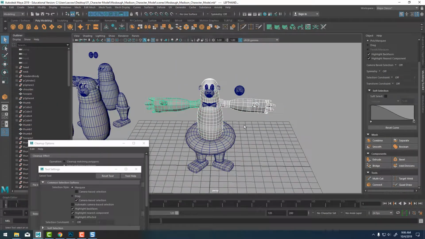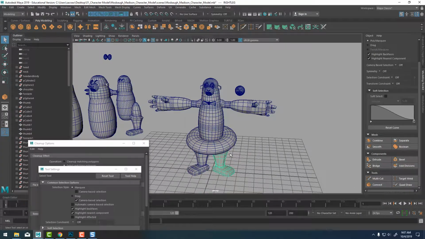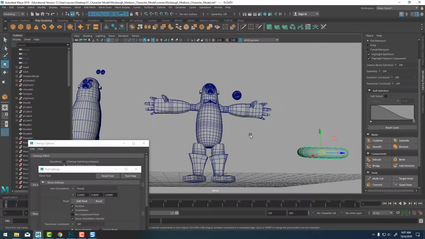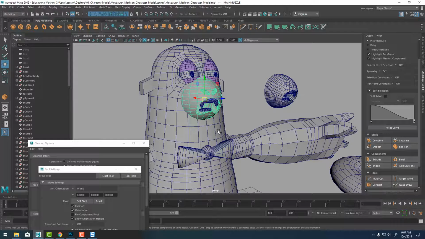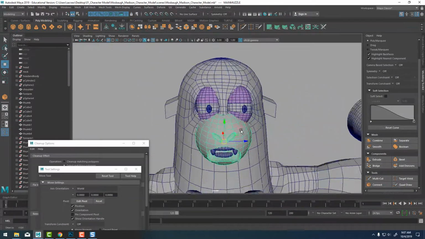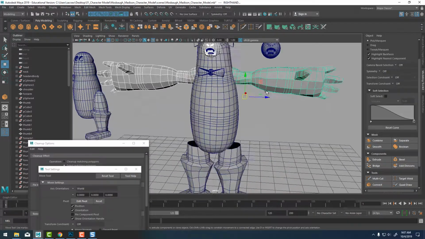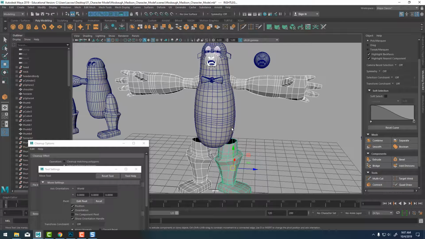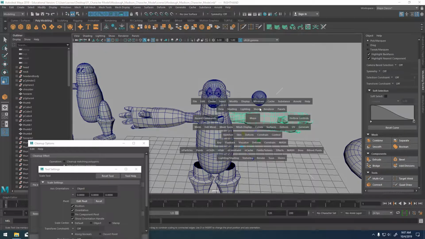I would try to attach, get rid of this. I would want the legs and arms attached to the body, and then same thing with this shape here. I would try to make that as part of the body as well. Actually, all of this really. The mouth, eyelids, all of this, you should be able to attach it into the body. So it's one piece. I guess it's a good thing these are separate though, because this might make it easier